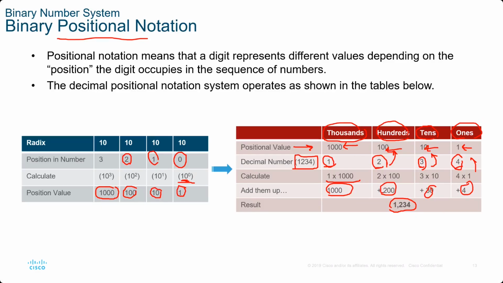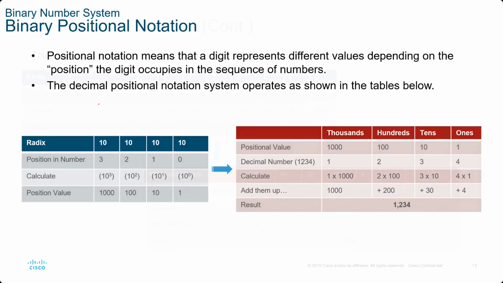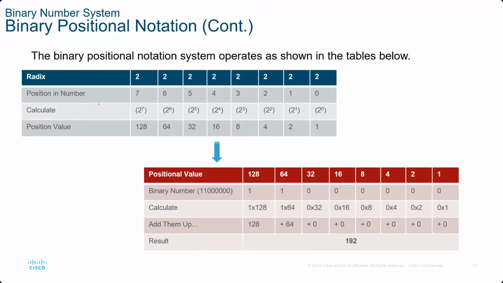Okay, so let's look at an example of binary now, how you could do the same thing in binary. The binary positional notation system is exactly the same, except the base in this case is 2 because it's binary. It's no longer decimal, right? So binary has a base of 2. So the first position,